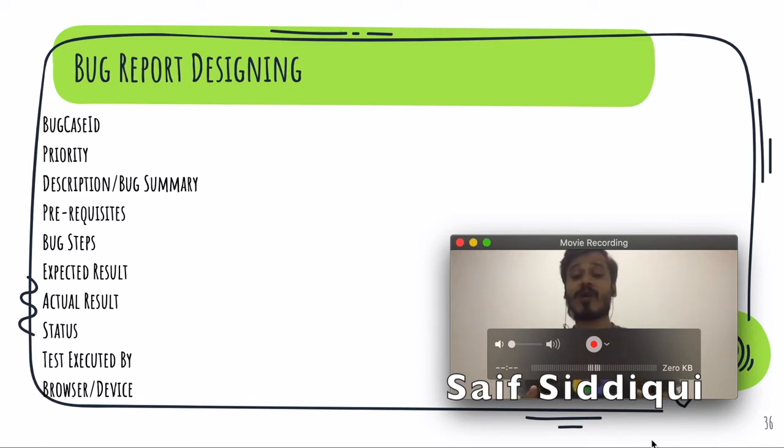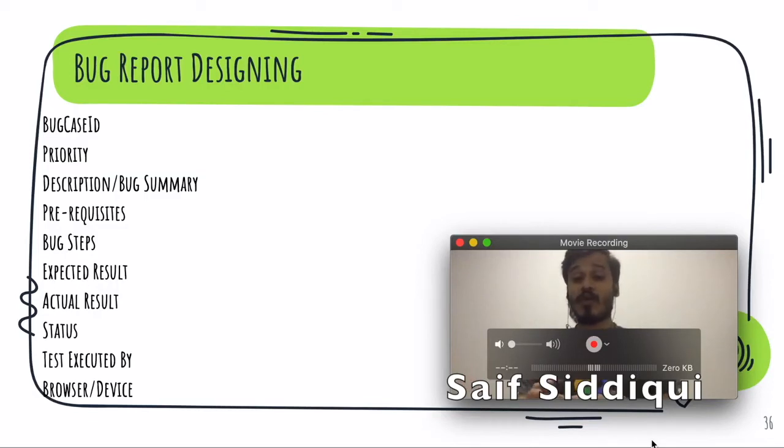If it is going to work as expected, we are going to write as expected. So for example, there was an issue in which I was not able to log in, and now I am retesting the issue. So now my expected result will be the user is able to log in if it is working fine and the issue is no more reproducible. But if the issue is still reproducible, then I am going to write in the actual result that the issue is still reproducible.